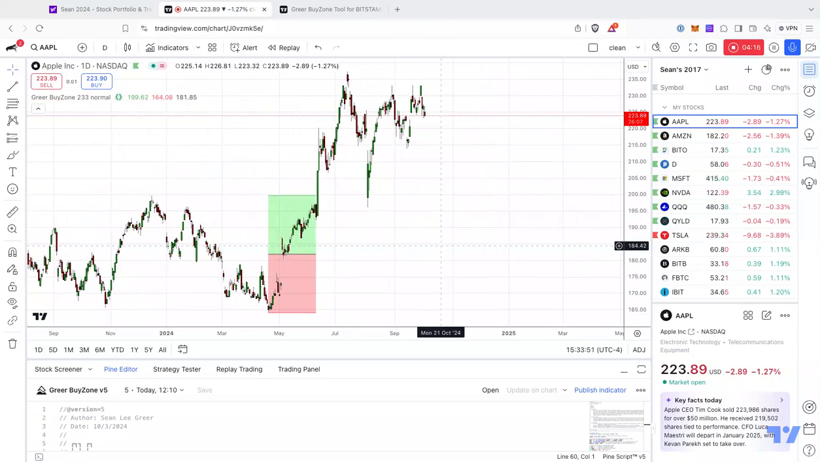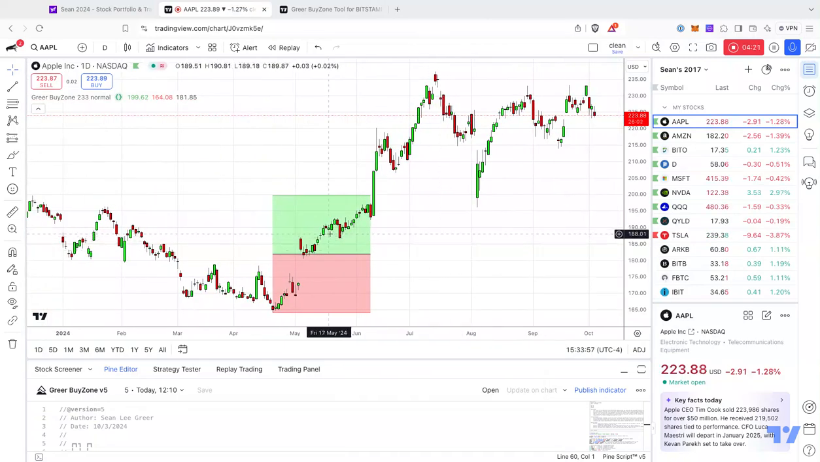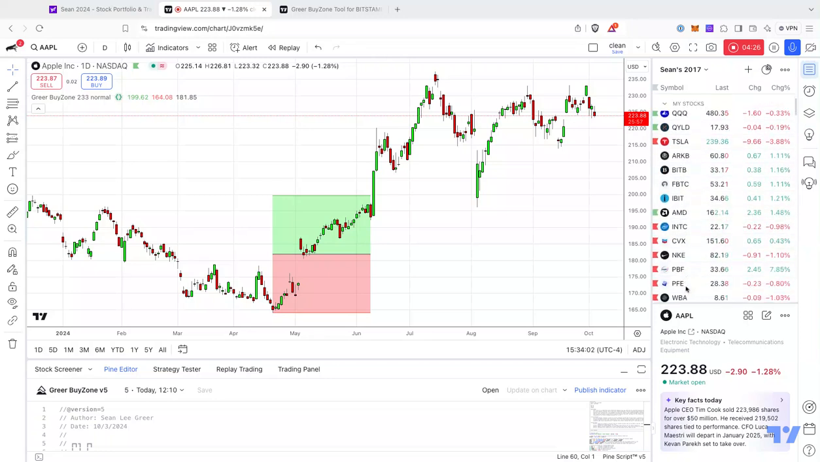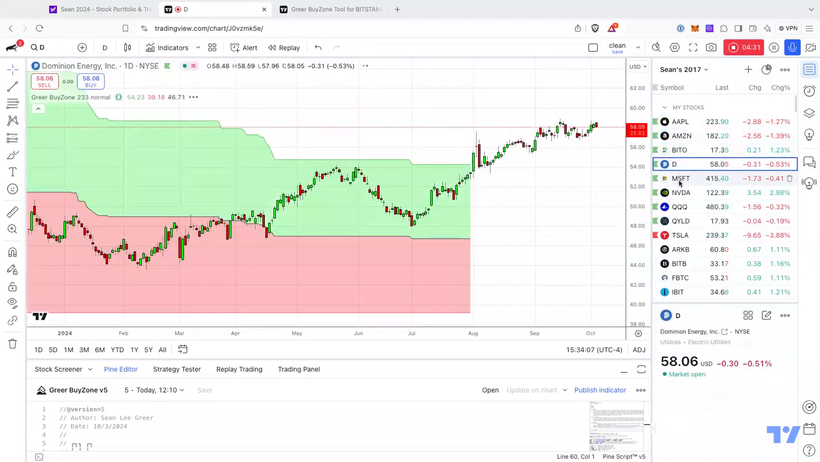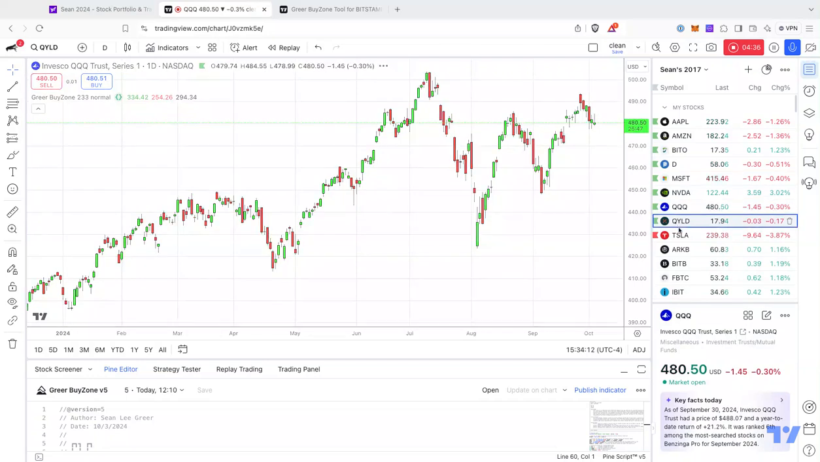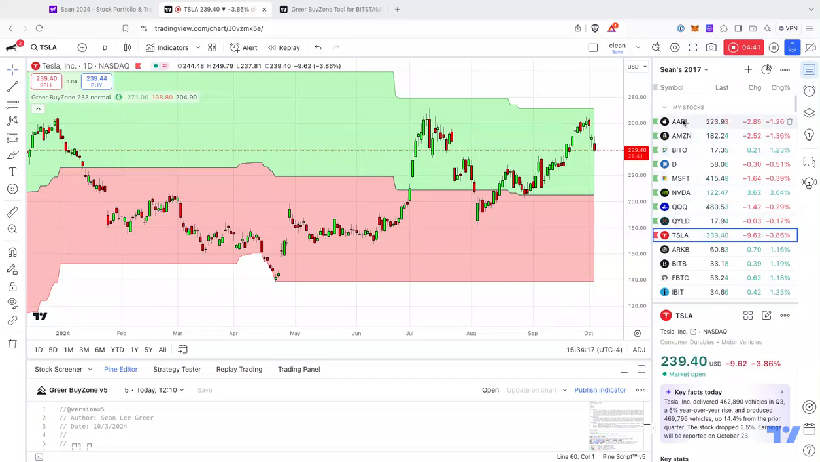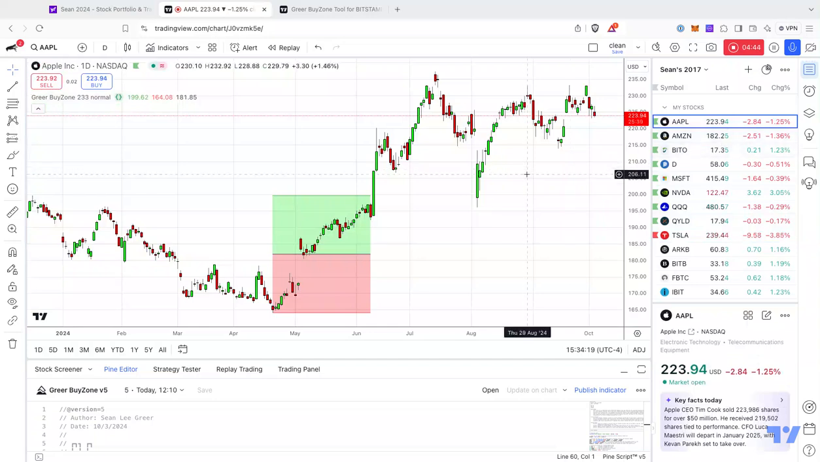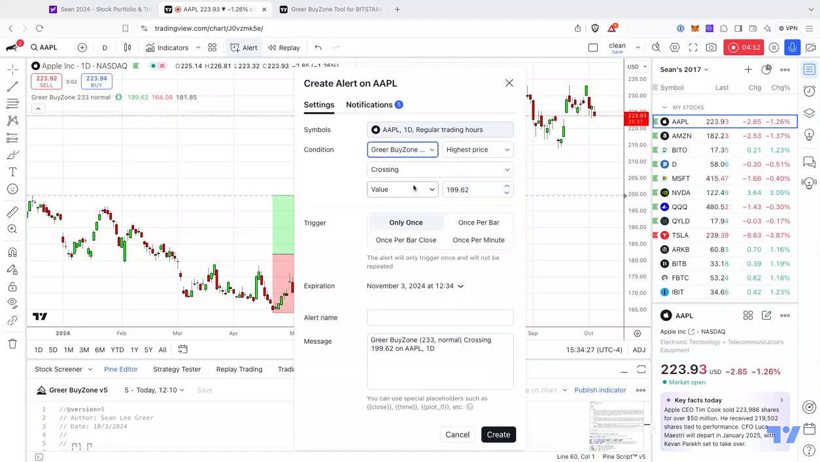So the last thing that I added was alerts. So let's say you have a whole bunch of stocks that you're following on your watch list, and you go through each one, and you're like, well, when does it enter into the buy zone? As you can see, a lot of these haven't entered in. Some of them have. Some of them are still in the buy zone. But let's say you wanted to be alerted. All you got to do is you go to alert and you select Greer Buyzone,